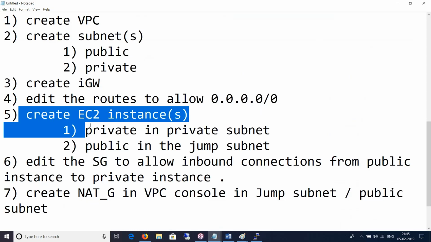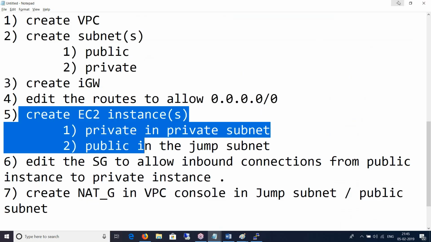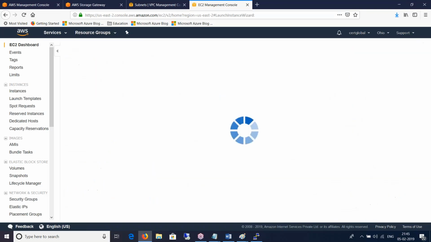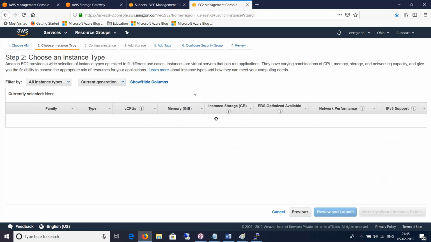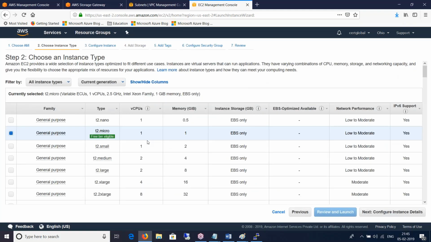All right, so let's go ahead and create instances, one in private subnet and another in public subnet. Launch instance, and I can stick to Linux, no problem, or Windows. Windows takes time, so that's why I do not choose Windows. And Linux is pretty quick, that's why I always like Linux. Otherwise, in your demos, when you're playing around, we can choose Linux or Windows, it really doesn't matter. The steps always remain the same.